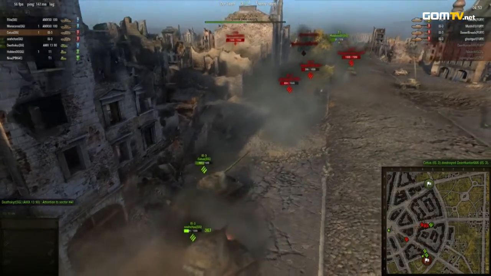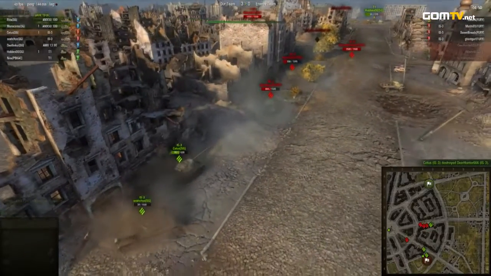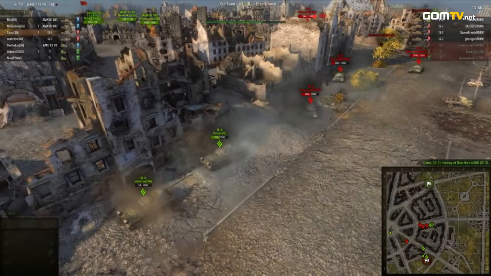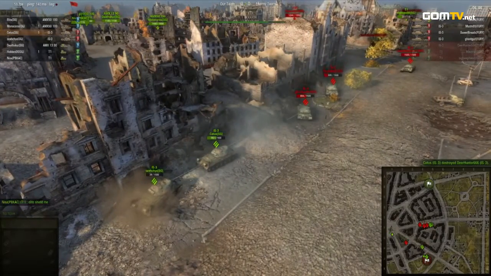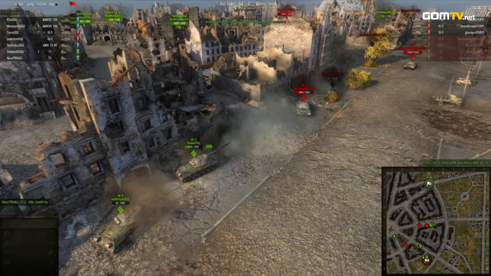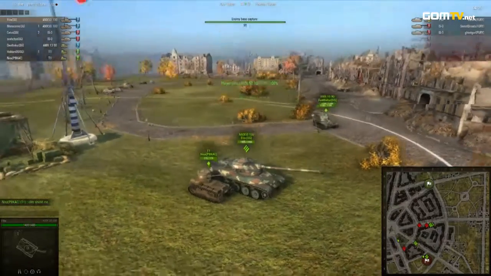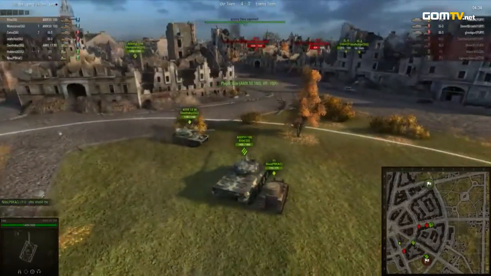Oh, nice shot coming out though. They are actually taking out the Fury team, even though they are outnumbered. They did take out one of the IS-3s. Oh, they're really using cover beautifully well. Oh my lord! They actually are winning this firefight, even though they're outnumbered. They're really low on hit points though. But look at that. Meanwhile, the enemy base